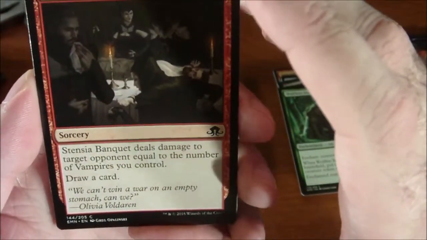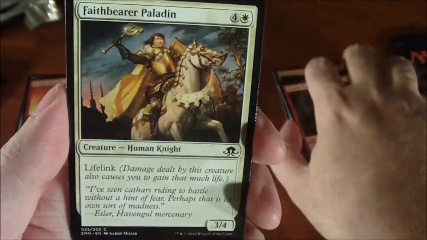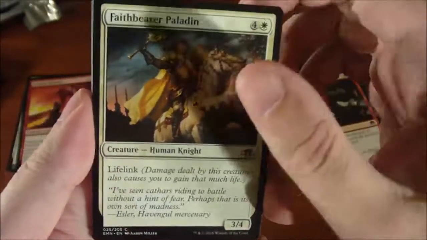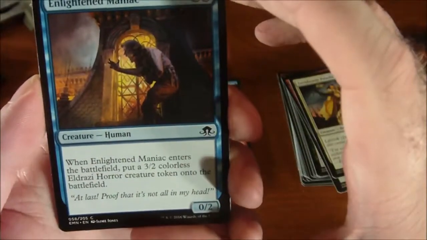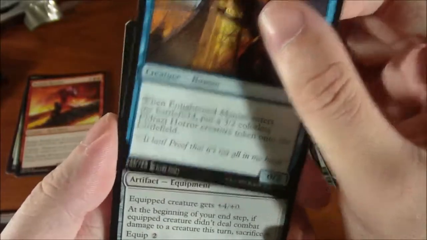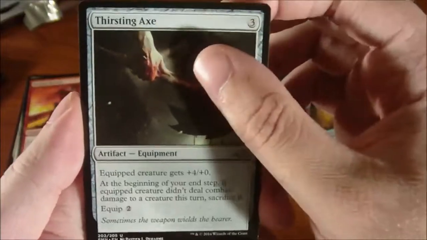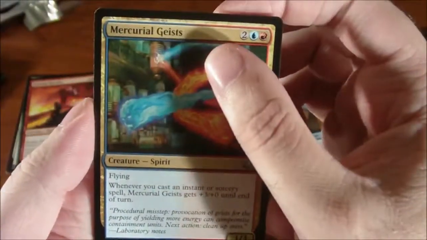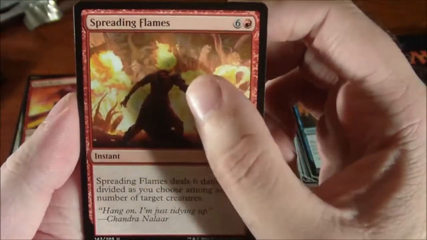Stensia Banquet. Faithbearer Paladin, 3/4 with lifelink for 5 mana. That'll go good with that Thalia card. Enlightened Maniac. And our first uncommon is a Thirsting Axe. Mercurial Geist. Spreading Flames. Our rare